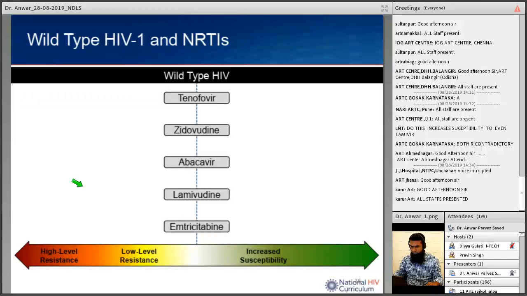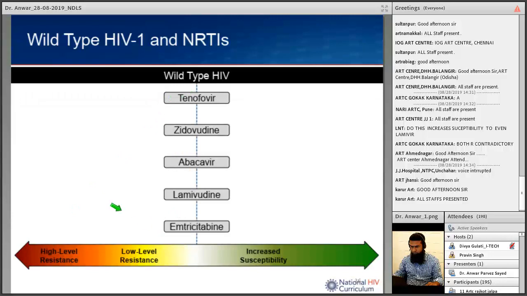There was a question: does this increase susceptibility to even lamivudine? No, lamivudine will become resistant, but the presence of 184V increases susceptibility to zidovudine and tenofovir. Now again, let's see what happens with this